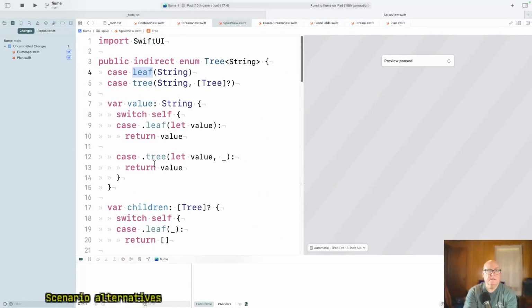Okay, we made this enum, and it holds a leaf, which is a string, or it holds a bunch of stuff. So it can only hold one thing. So if we had a list of streams,